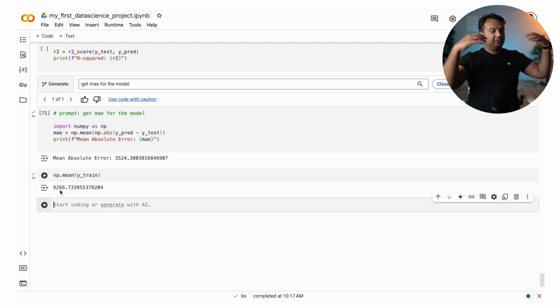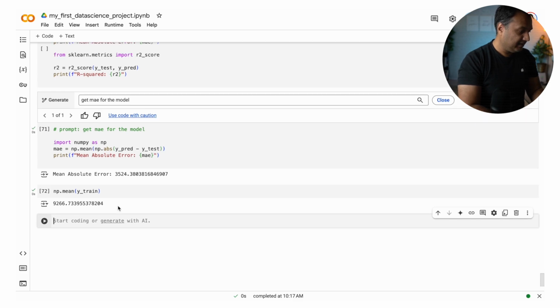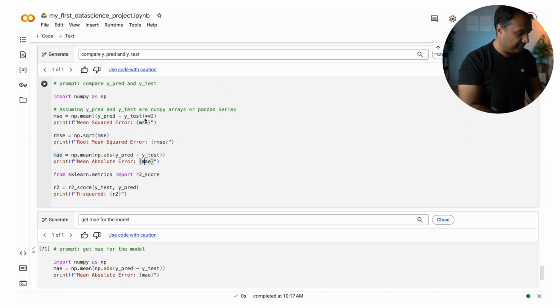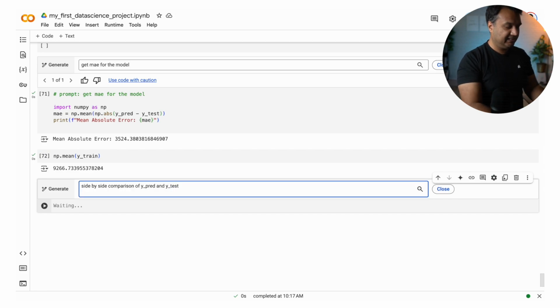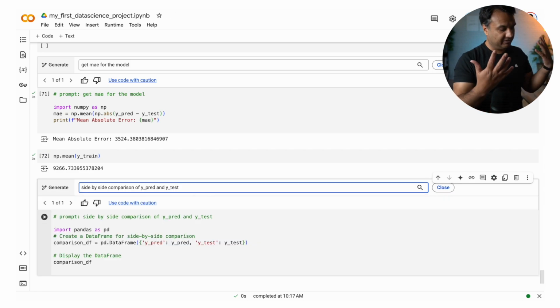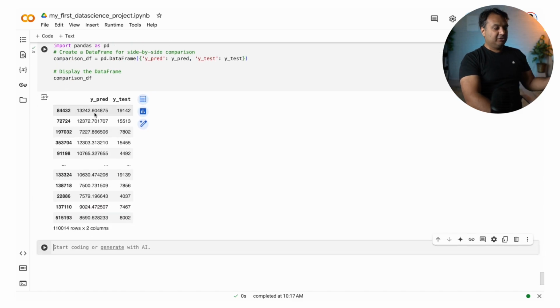So the average value of the order is 9,000 and ours is a little bit off. Okay, now let's do a side-by-side comparison of y_pred and y_test. We want to look at them side by side to see how well our predictions were doing. And let's do this. For each row, you can see where the actual value was